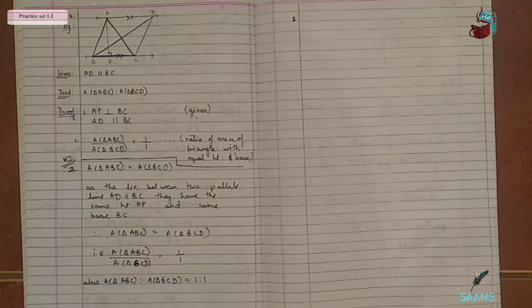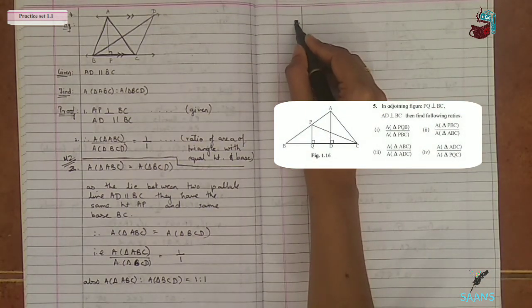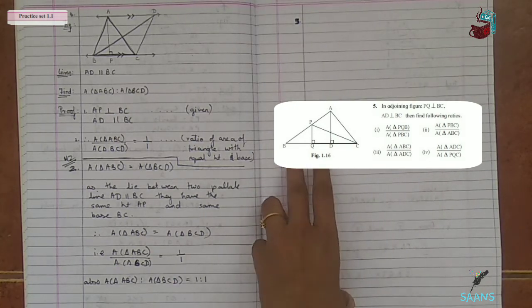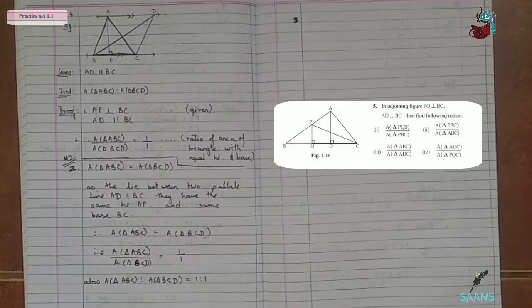Okay. Fifth sum for this exercise, you will be doing it on your own. If you all have any problem, you all can please put it in the comment section. I will be doing similar sums from the problem set for you all. And these are the problem set sums that are similar to this type. Please try it at home. Otherwise, I will be trying it in the next part. And we will deal with BPT, that is basic proportionality theorem, in the next part, and the sums related to it.